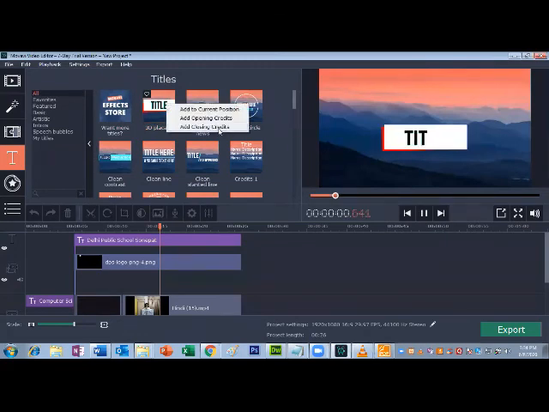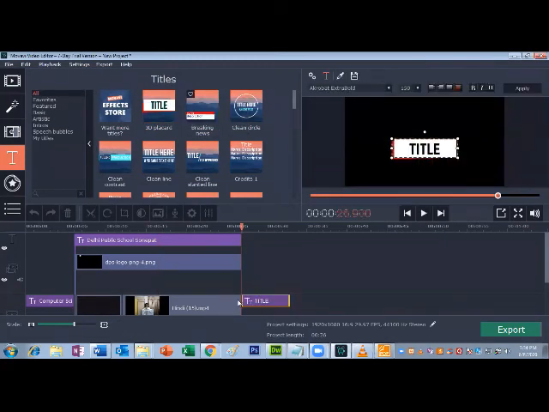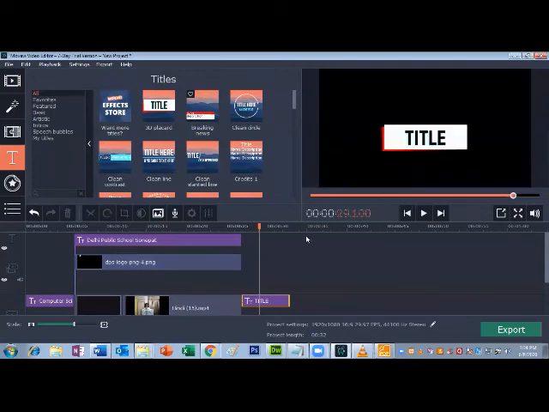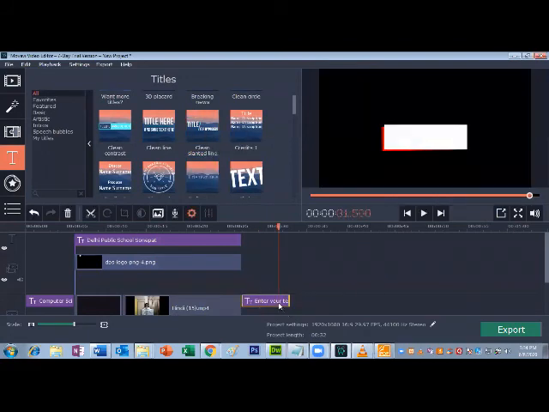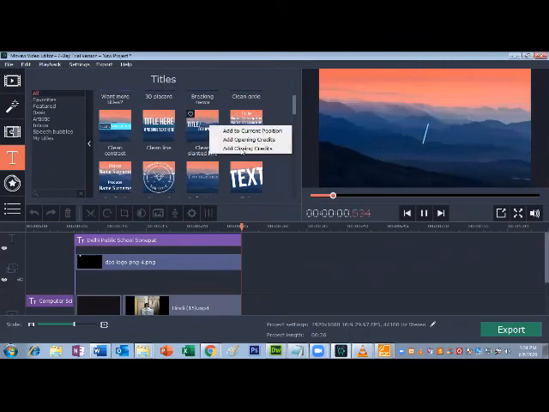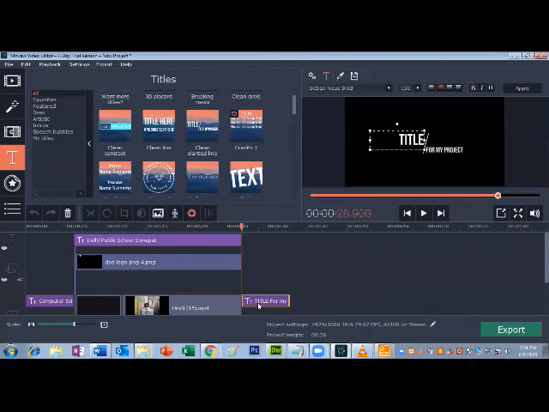Suppose I want to launch this. So right click, closing credits will automatically come at the end of the video, and you just double click. Whatever title you want for the closing video, you just right click and add at the end. Choose closing credits. Automatically it will come here at the end of the video. Again, same process.